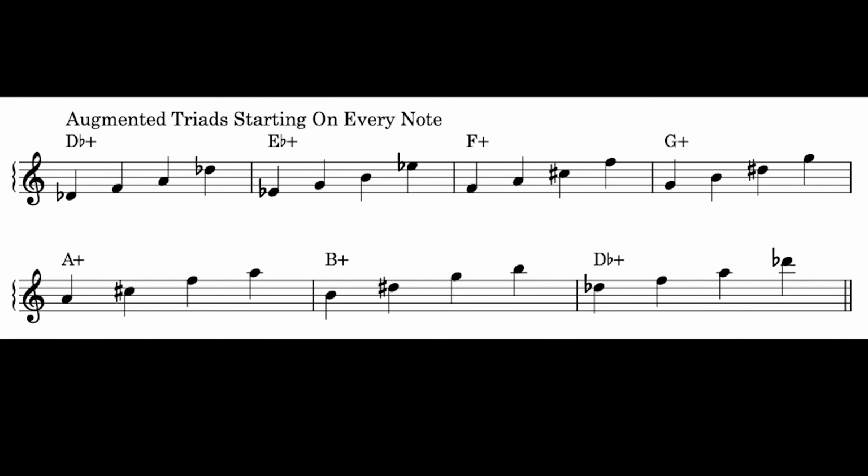So now we have to get to work pulling some triads out of that scale. If we go through and we play a triad based off of every note in the D flat concert whole tone scale, we get this. So what we start to realize is that every single triad in the whole tone scale is an augmented major triad. Now, if we dig in a little bit further, what we'll realize is that there's really only 2